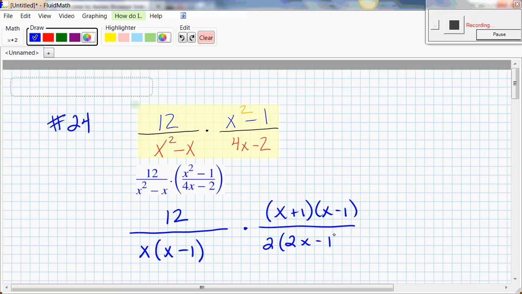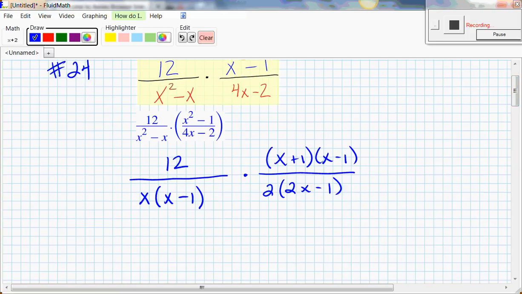Is that right? Everybody cool with that? Okay, anything cancel out for you? X minus 1, anything else? There we go. So then the answer is 12 times x plus 1, all divided by x times 2, which is 2x, times 2x minus 1. Alright,